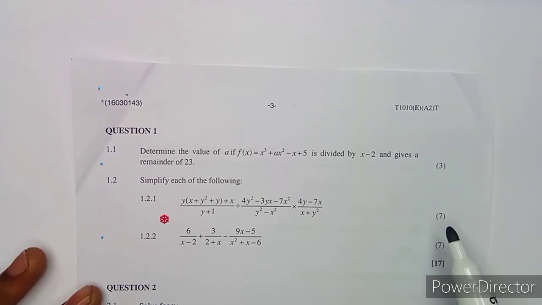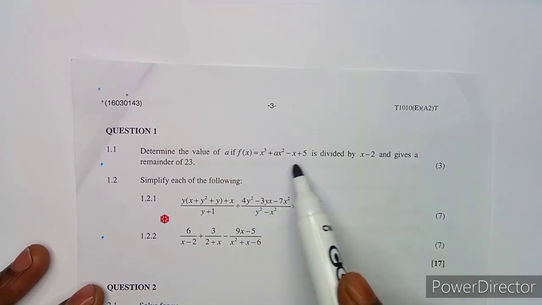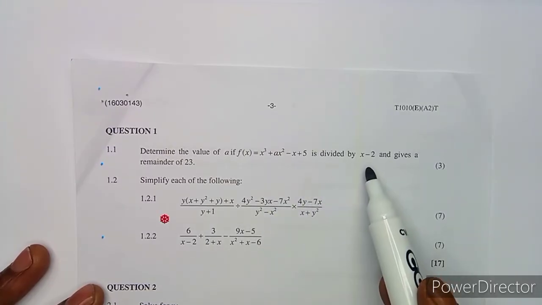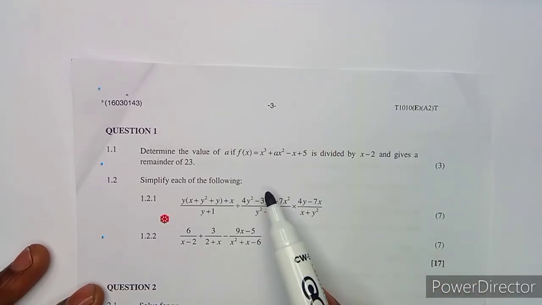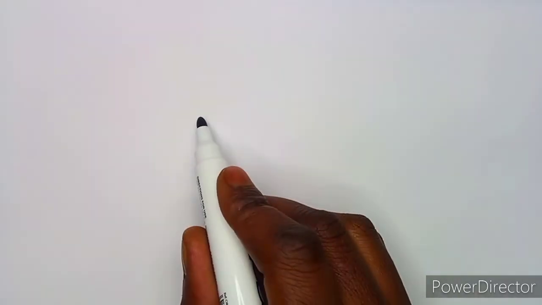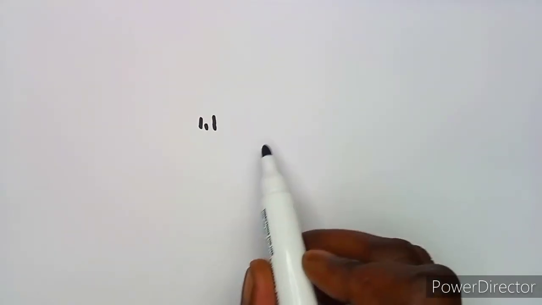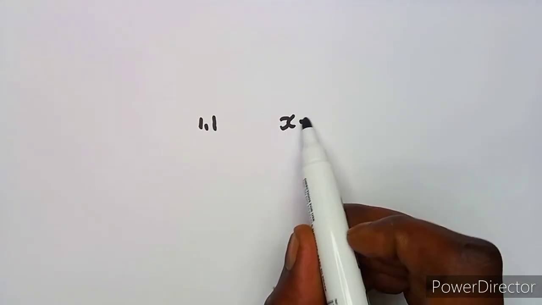All right, let's see the first question that we are given. On question number 1.1, we are given: determine the value of a if f of x is divided by x minus 2 and gives a remainder of 23. From the factor and remainder theorem, remember guys, I talked about this, that if you are dividing by x minus a,